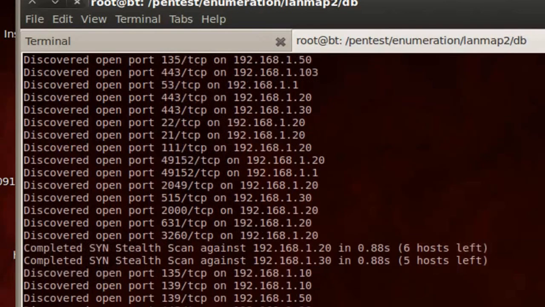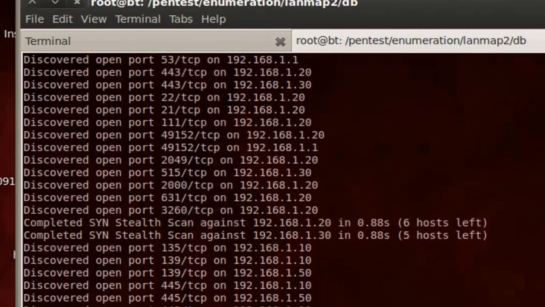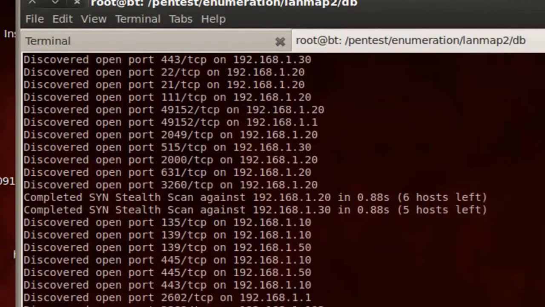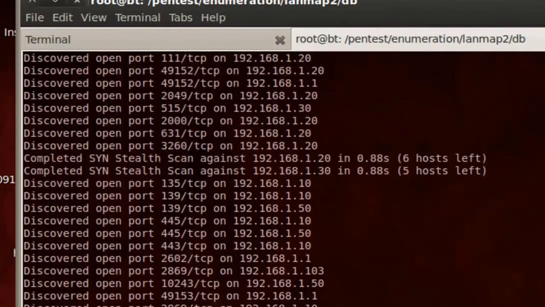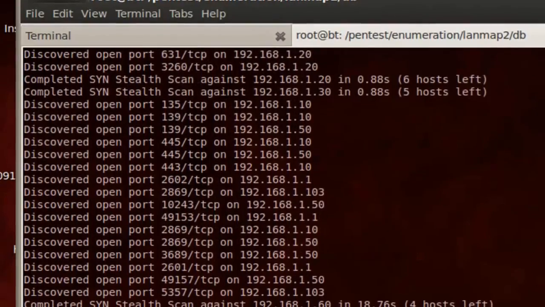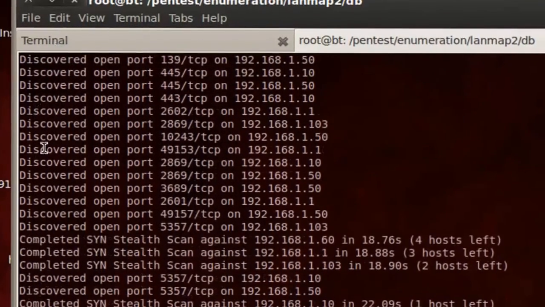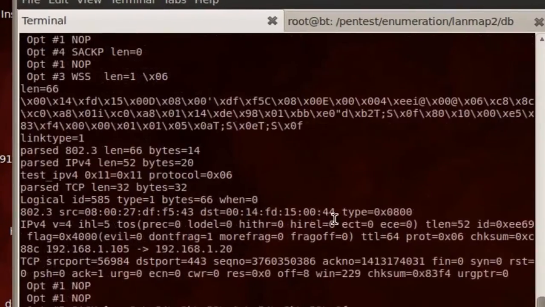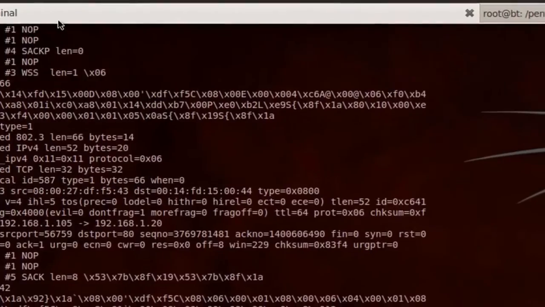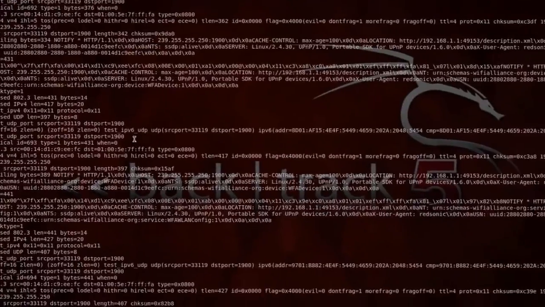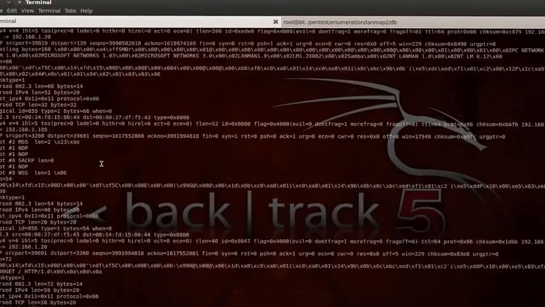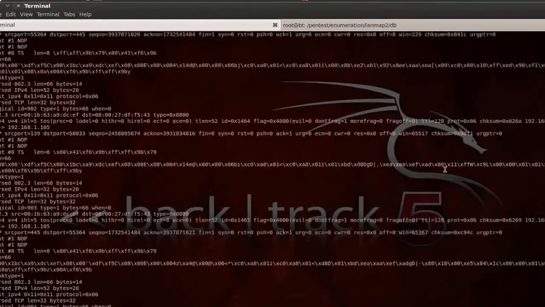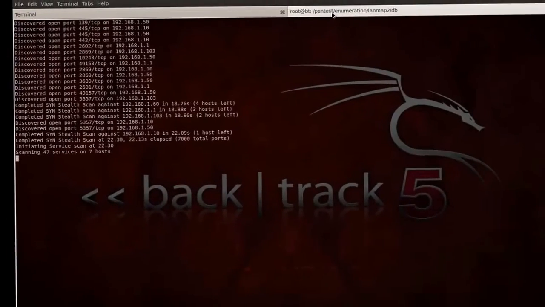Hit enter. And as you can see, it's scanning stuff. Don't be too alarmed if you notice a bunch of open ports on your local network, because it is pretty common to see a bunch of open ports on your local network. You should have a good firewall, though, protecting between all of these computers and the internet, that is going to be stopping any malicious traffic to any of these ports. So while that's running, go back over here. As you can see, this is still capturing data. And all of this data is what it uses to generate the actual graphical image map of your network. So as soon as nmap is done, which should be done in a sec,